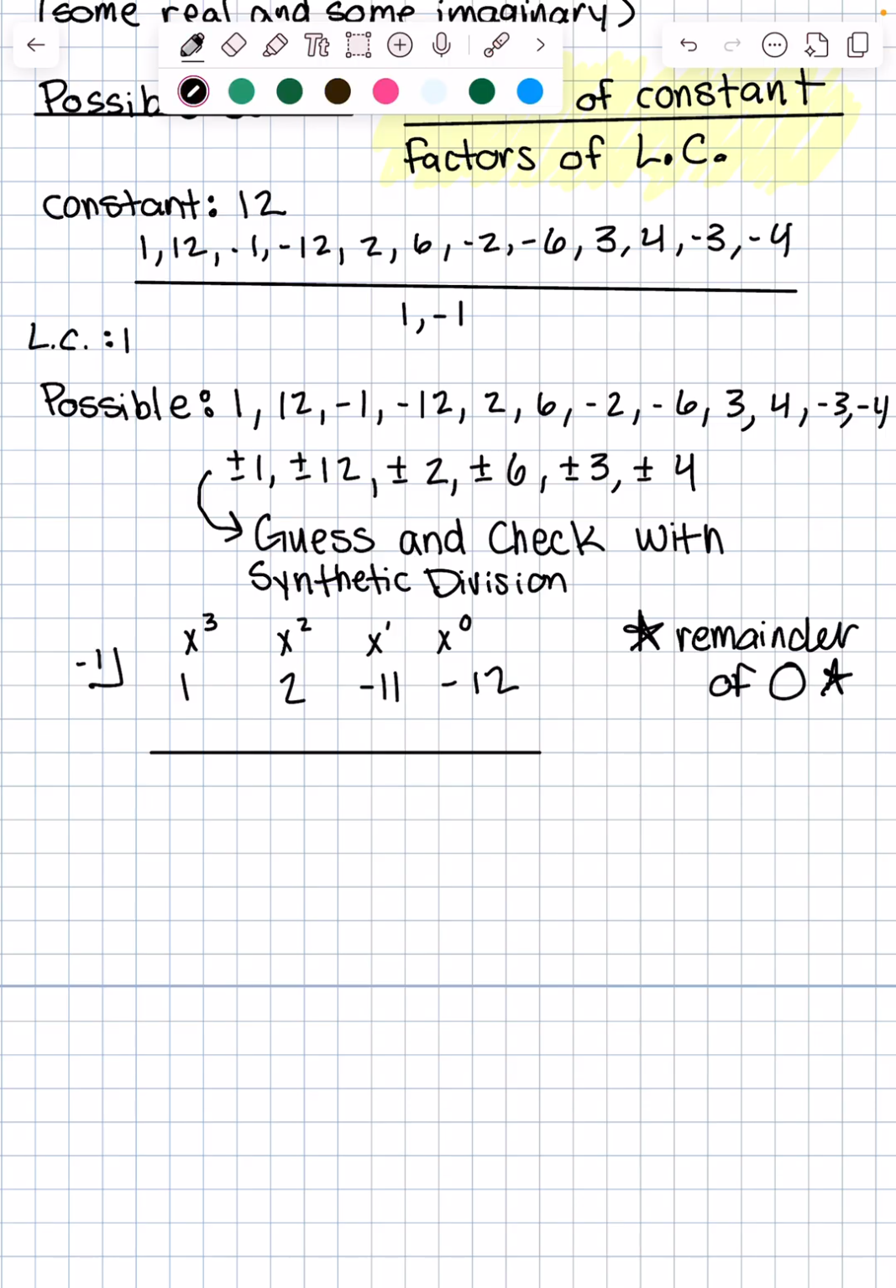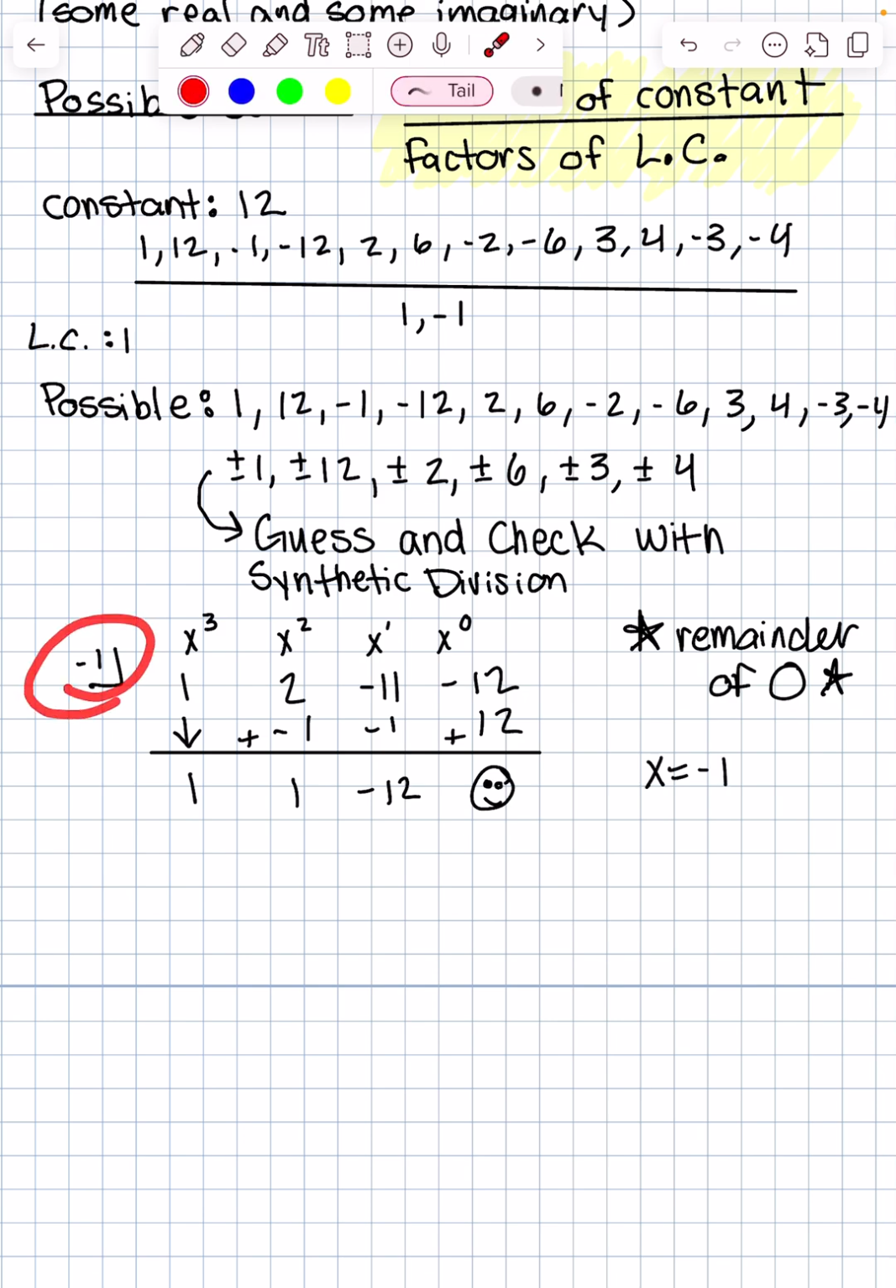Let's try -1. So drop down the 1, adding +12. Okay, -12 times +12 is 0. We draw a little smiley face there because that's what we want. We want our remainder to be 0. So that means one of my solutions is x is equal to -1. Because when I did synthetic division with -1, I got a remainder of 0. Okay, so from here,